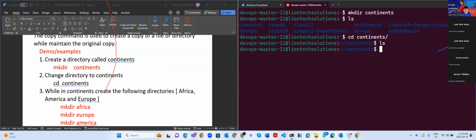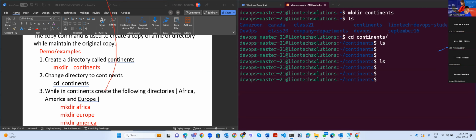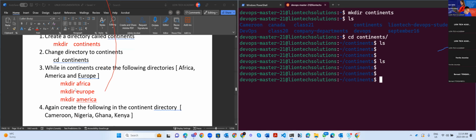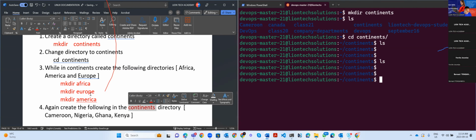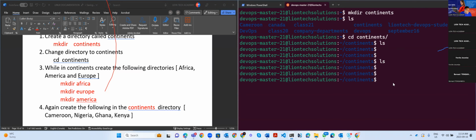Let's see again. I don't have anything in the continents, but I have been asked to create the following, right? First, make directory in the continents, not continent. See that, in the continents directory, right? So first here, I'm going to make directory, okay, called